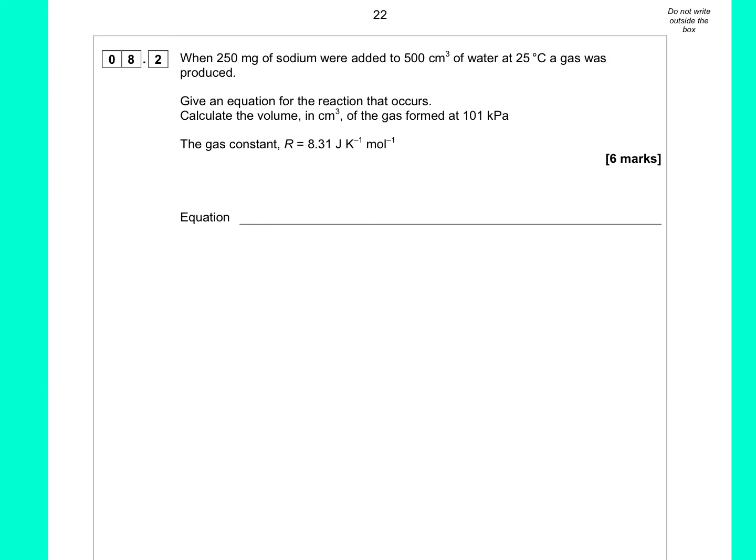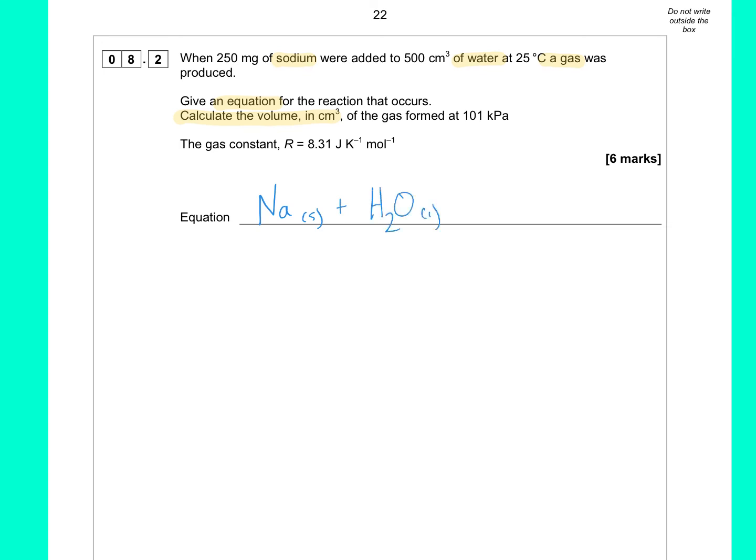8.2 is a 6-mark calculation. There's going to be some mole calculation in here, but also there's a big clue that they give you the gas constant and a pressure in kilopascals, so you know you're going to have to rearrange PV equals nRT. So it asks you to calculate the volume in centimetres cubed when 250 milligrams of sodium are added to 500 centimetres cubed of water. So the first mark is for the equation,